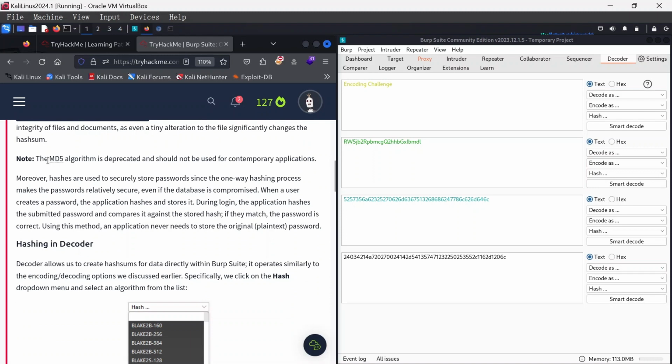Now note that the MD5 algorithm is deprecated and should not be used for contemporary applications. Moreover, hashes are used to securely store passwords, since the one-way hashing process makes the password relatively secure. Even if the database is compromised, so when a user creates a password, the application hashes and stores